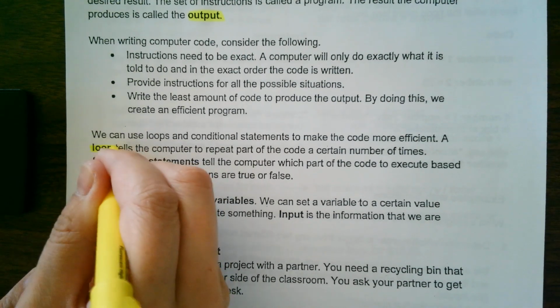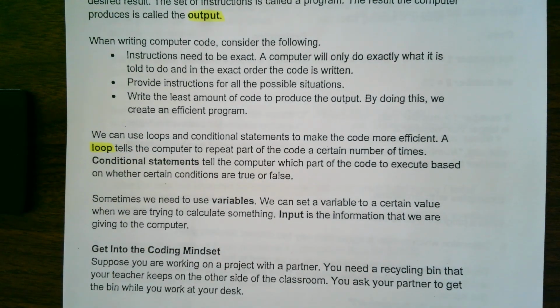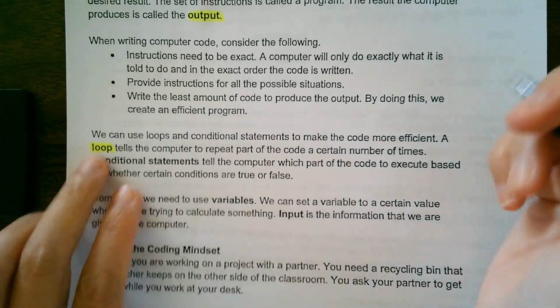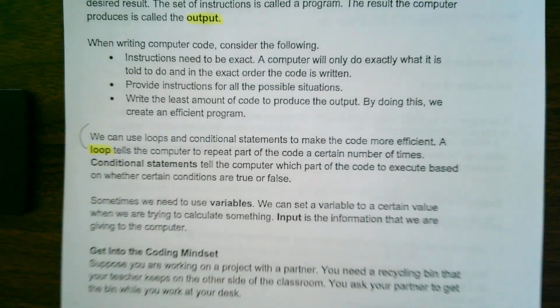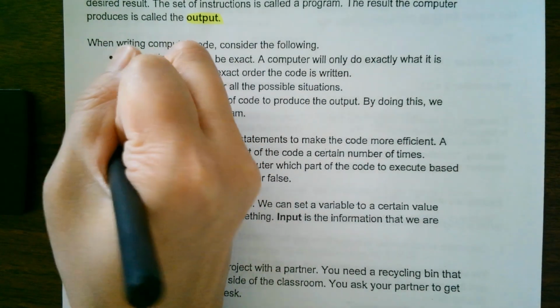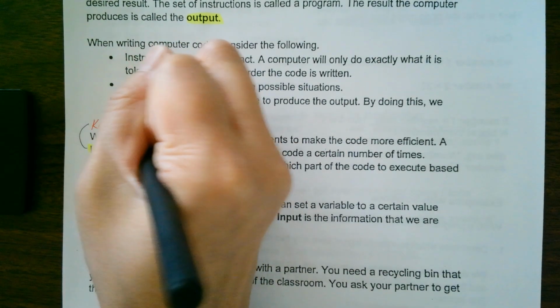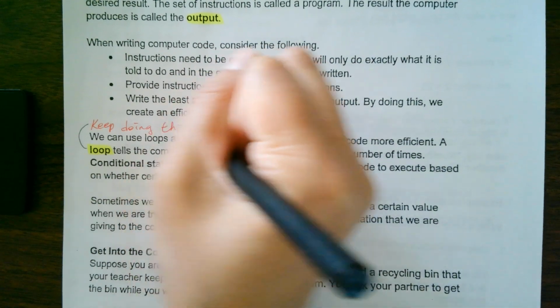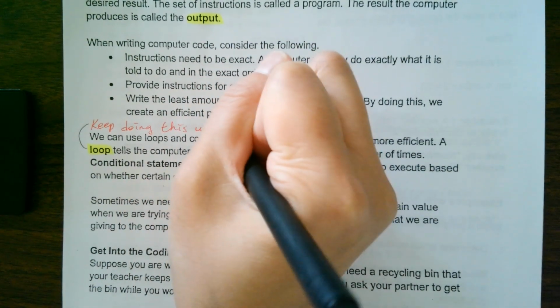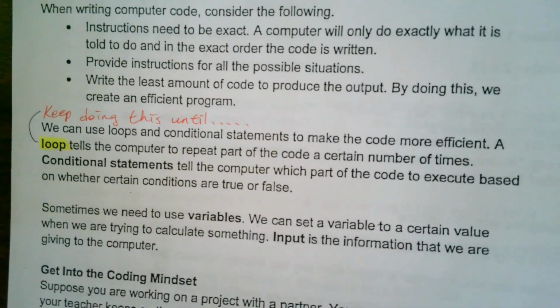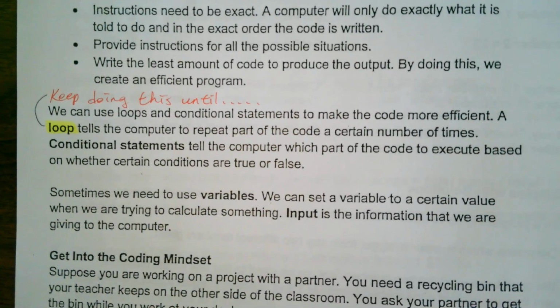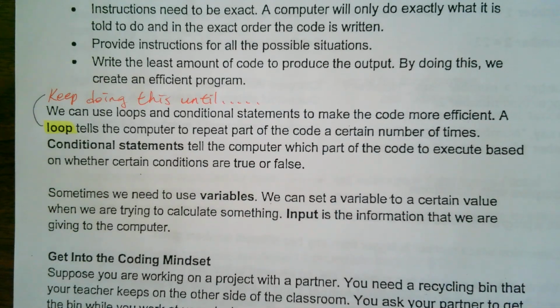Loop. What loops are is like keep doing this until. That's what loops are. So you're telling the computer to keep doing this until... Okay, so you're telling the program to do that. Okay, the third type,